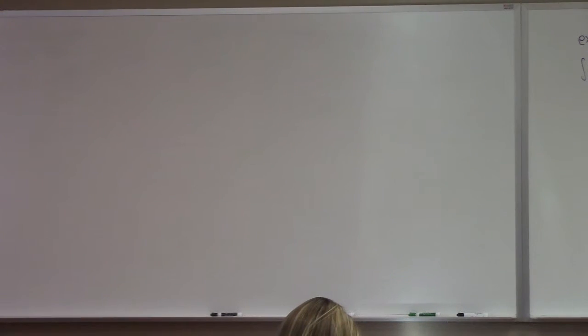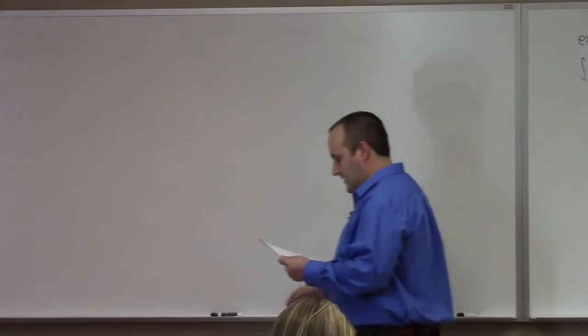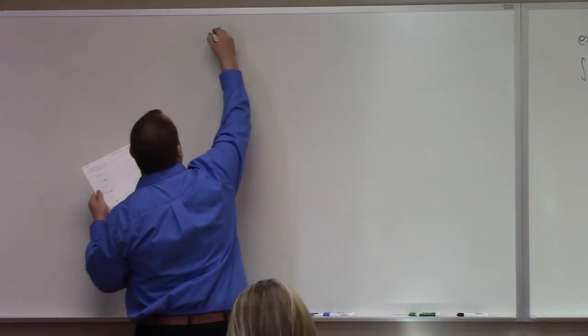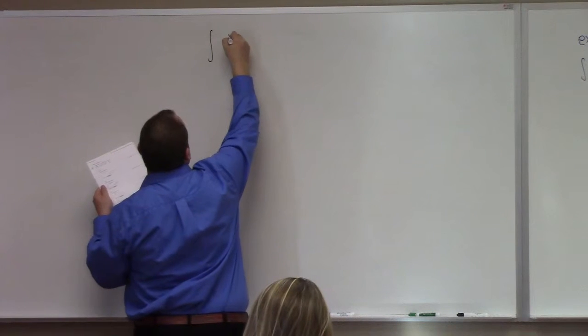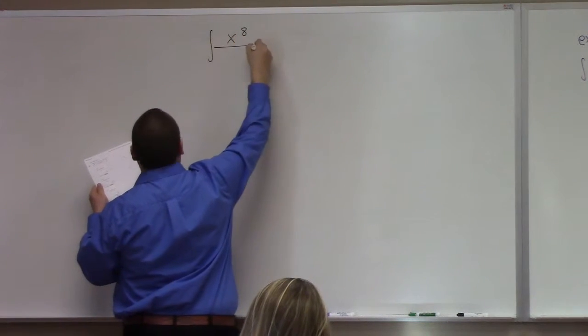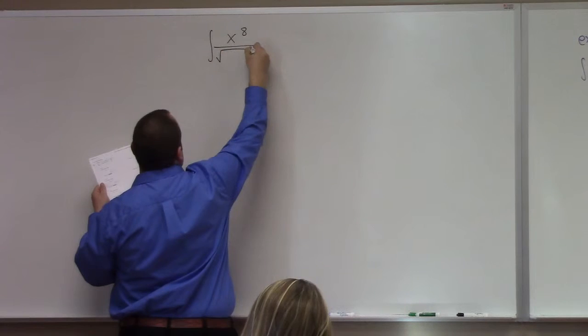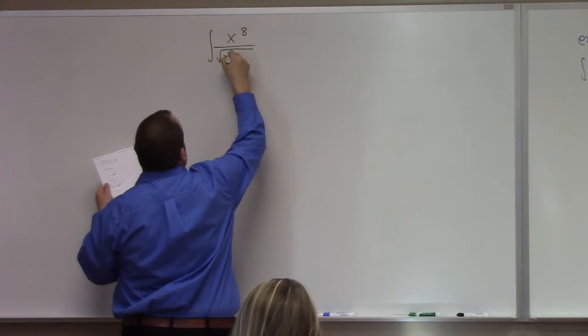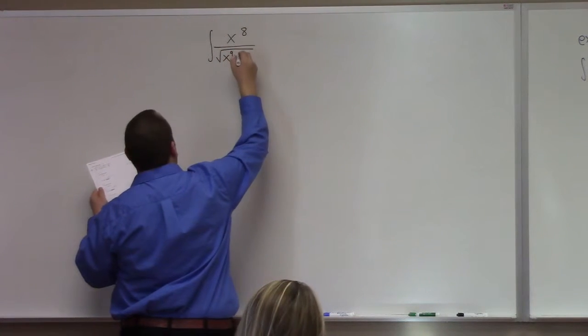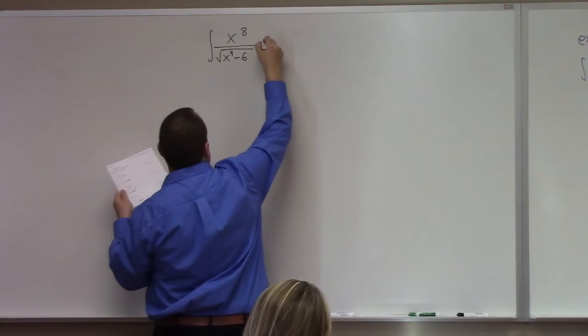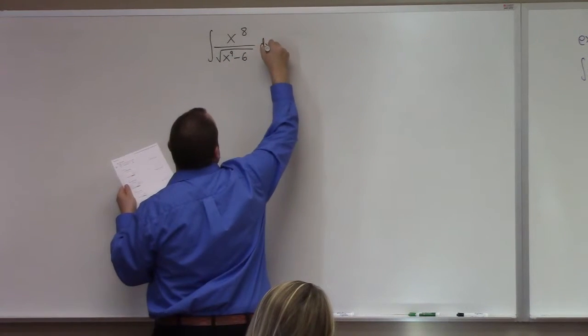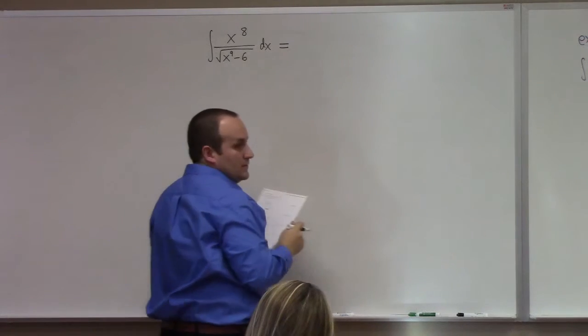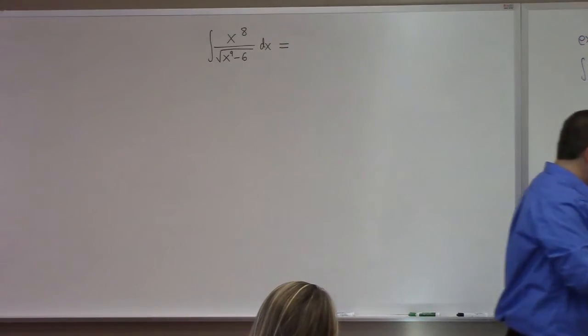Where was I? Oh, number 2. All right. Here we face something like the integral of x to the 8th over. So there's a theme for today, which is look at whatever's in the denominator and pretty much choose part of that to be your u. This is another one of those. Number 2, homework 14.